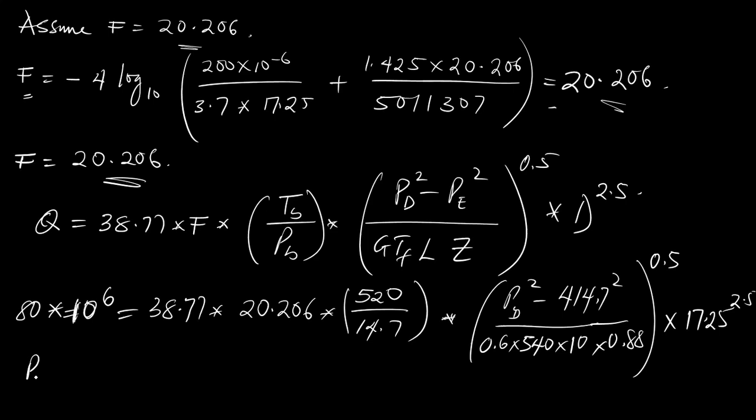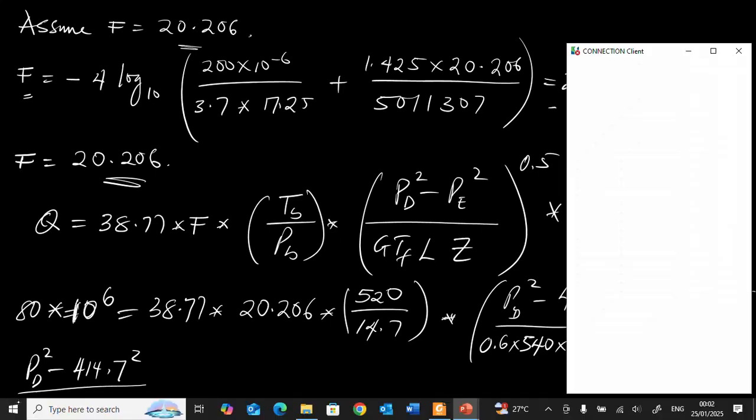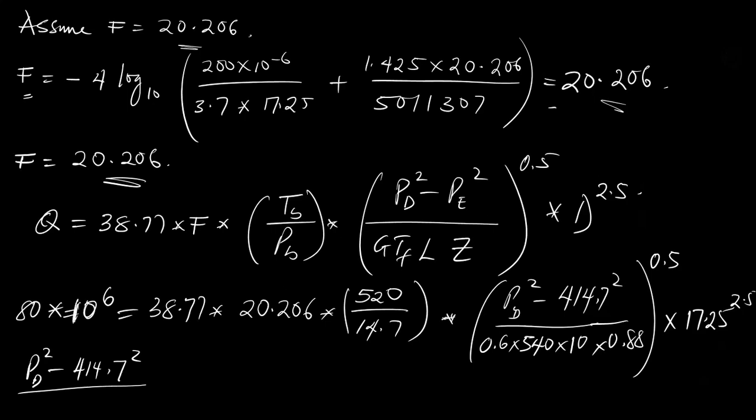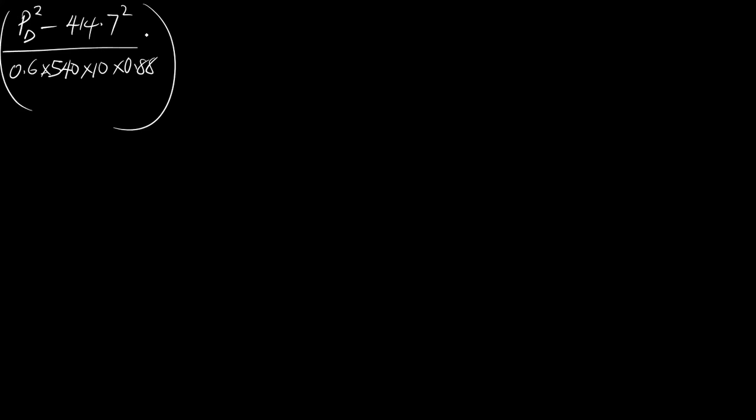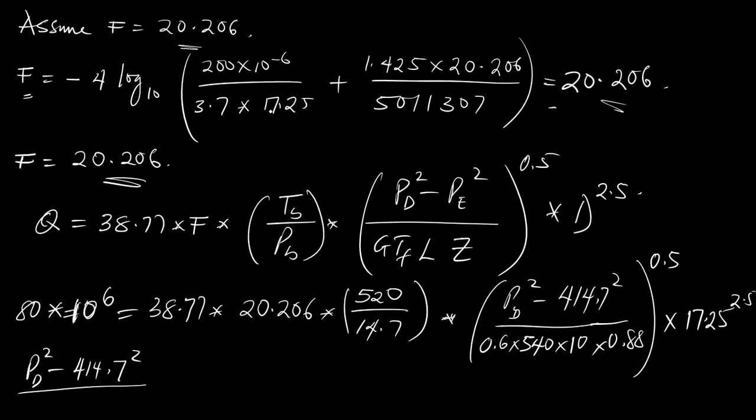So that means PD square minus 414.7 square divided by 0.6 divided by 540 divided by 10 divided by 0.88, all raised to power 0.5, is equal to